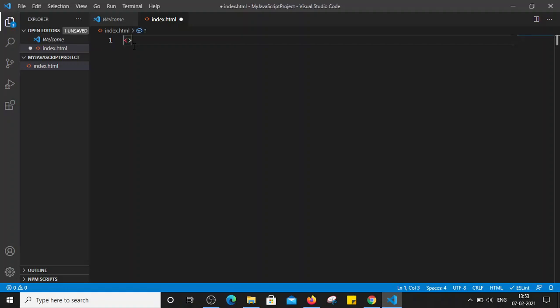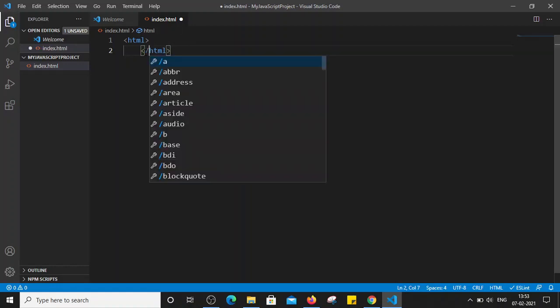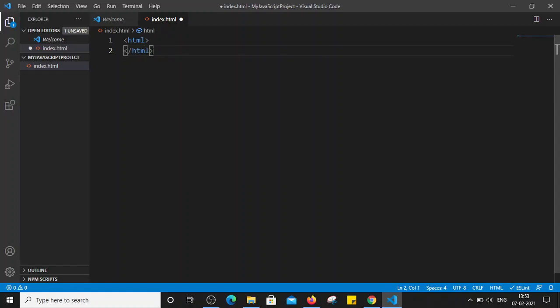I'm writing one HTML tag, similarly closing of HTML, in which there is a head tag, similarly closing of head tag. And then we will write the body and closing of body.